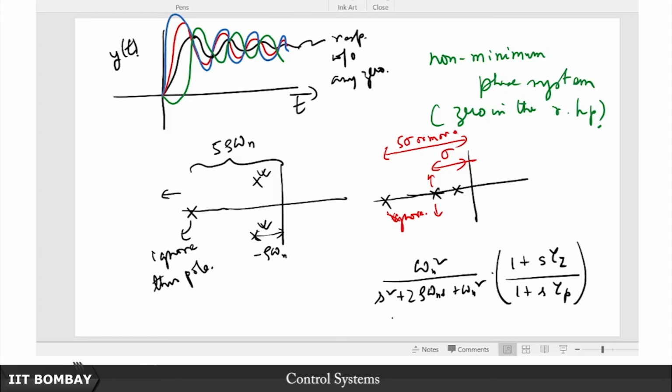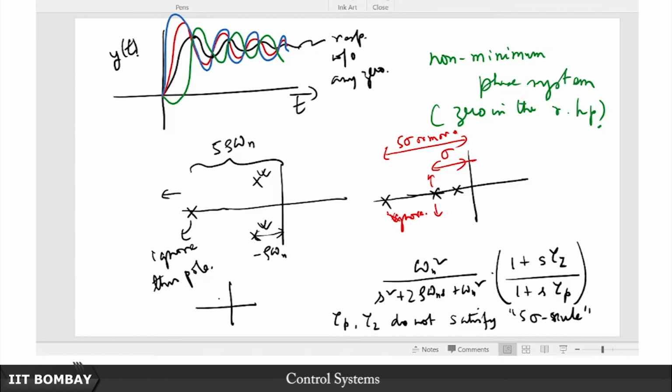Alright, and now tau p and tau z do not satisfy this. It's my given name, so don't go looking in the textbooks for this so-called 5 sigma rule. I am calling it a 5 sigma rule; don't look for this in a standard textbook. So suppose it does not satisfy this 5 sigma rule, which is to say that, now suppose you